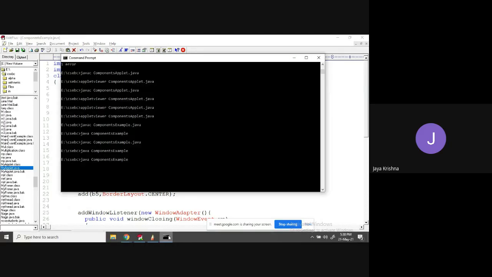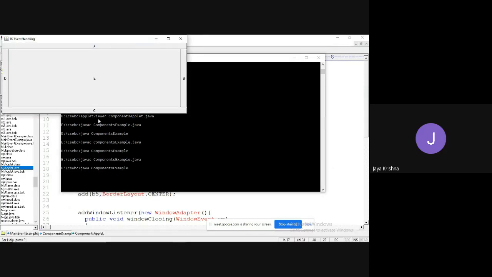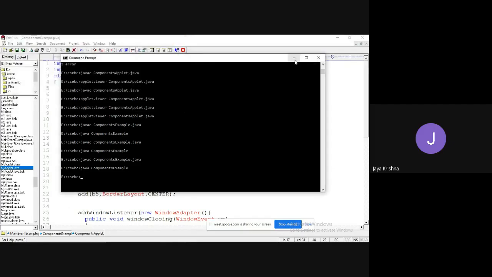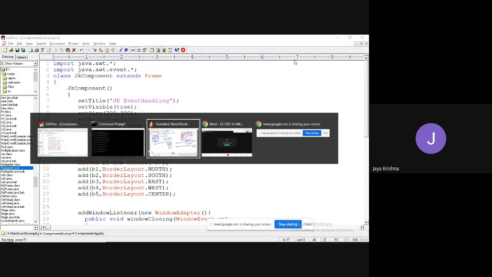In order to avoid confusion for you, I take it like that. So A, B, C, D, E are the labels that you are viewing. Okay, so this is the concept of border layout.